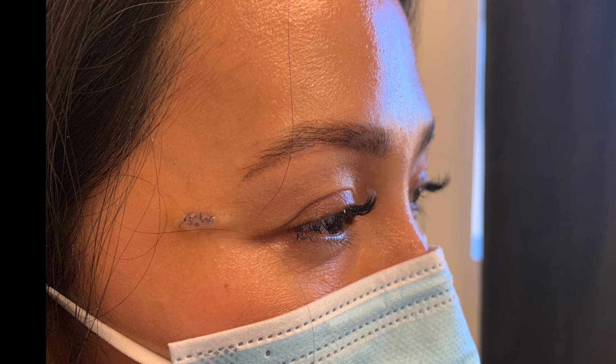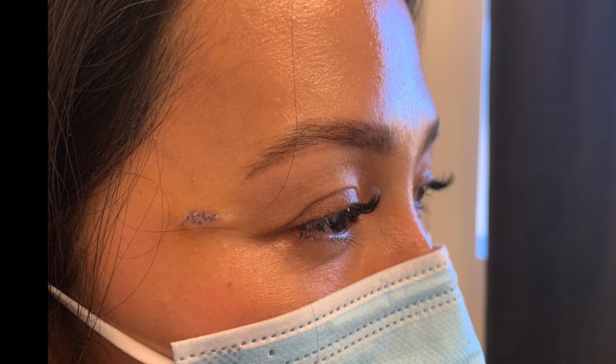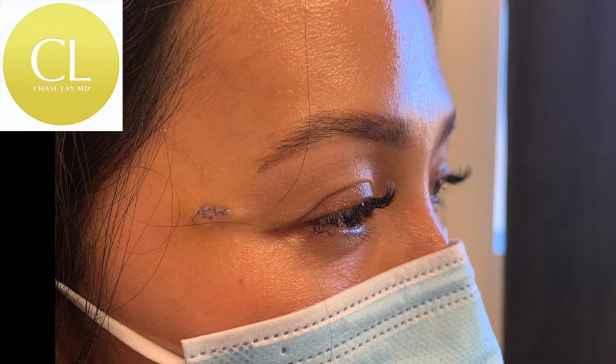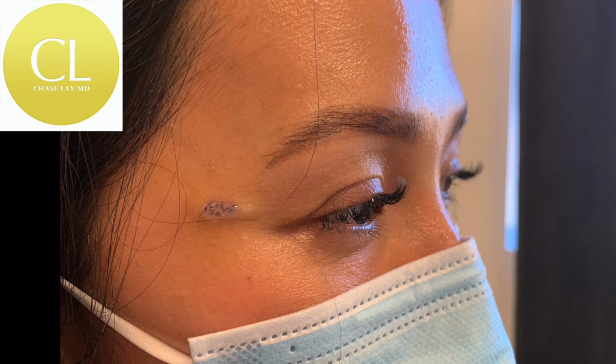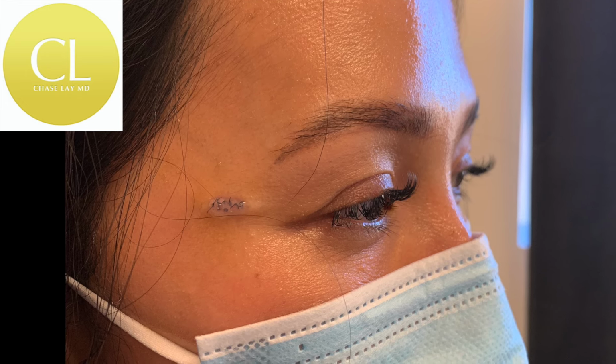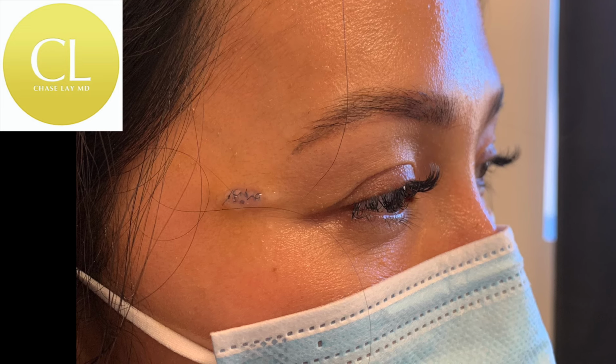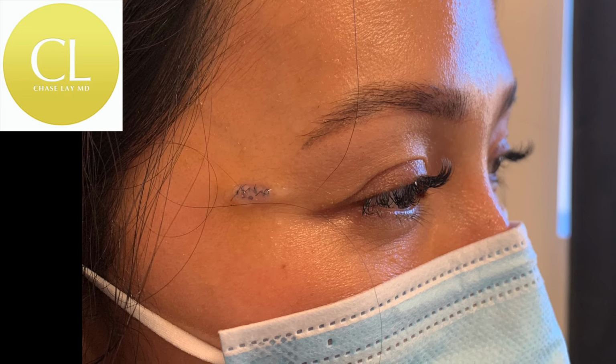Now, because moles come from the junction between the epidermis and the dermis, the best way to remove them oftentimes is surgically, because they quite literally have something you could think of as roots going a little bit deeper into the tissues. Now, the trade-off may be that there's a tiny scar where it was removed, but if you're burning